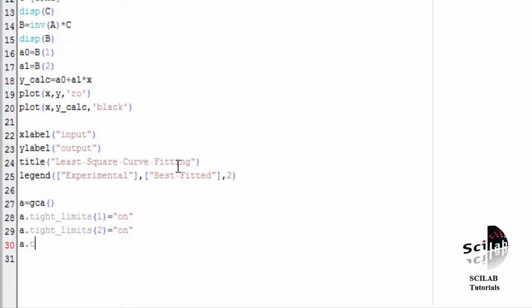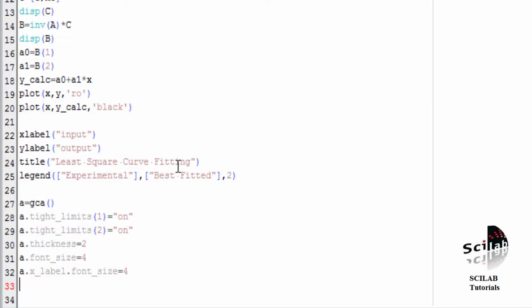Now the thickness of the graph is equal to 2. a.font_size is equal to 4. Now the xlabel font size and ylabel font size we have to choose so that they can be properly visible. So a.x_label.font_size is equal to 4.